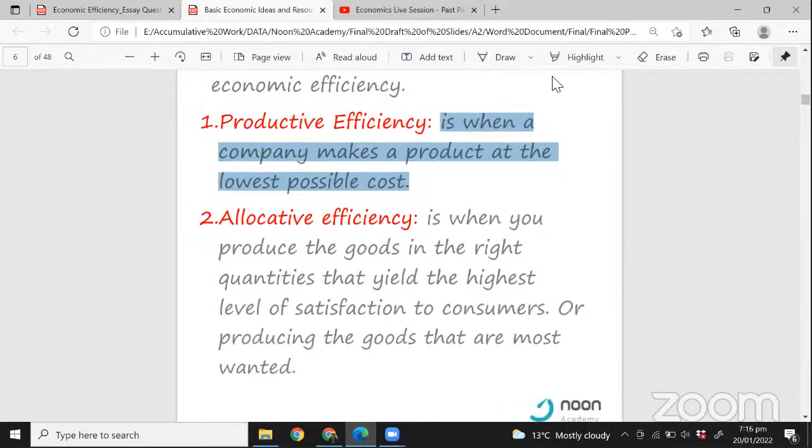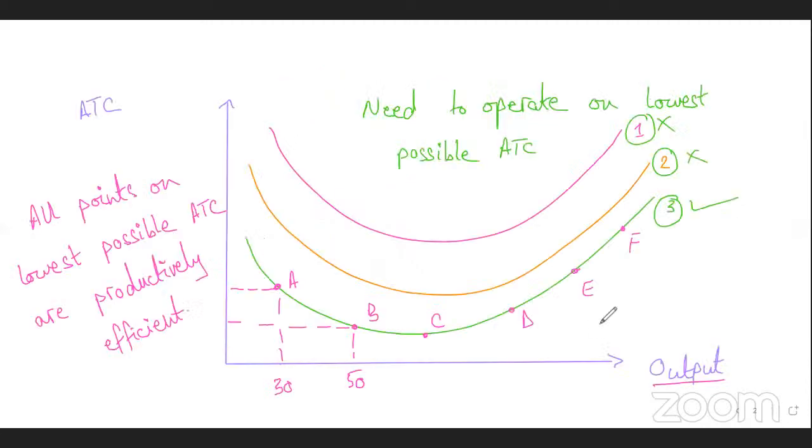And how do we look at it? How do we see if a business is productively efficient or not? If it's operating on the lowest possible ATC curve, then it is productively efficient. Otherwise, it's not, right? Makes sense? Easy. Okay, now moving forward, students, the other component of